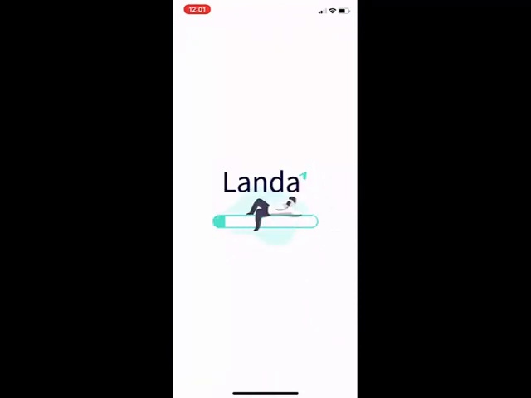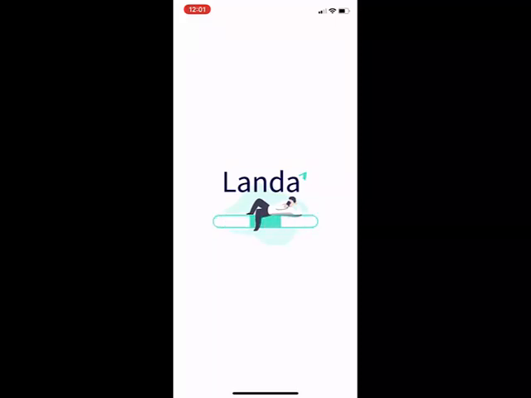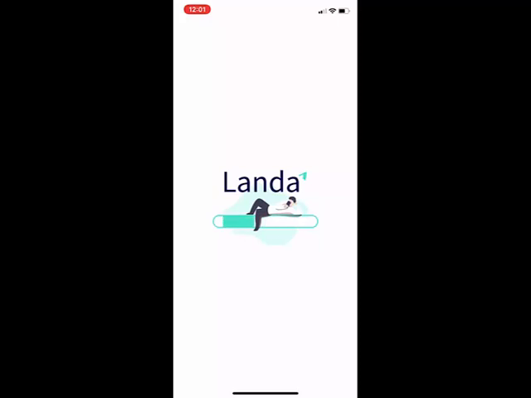Now, they do have security features. They have a PIN, they have Face ID, they have all of the modern security features, just like any other investing app like Robinhood or a bank for that matter. Now, the way this works is